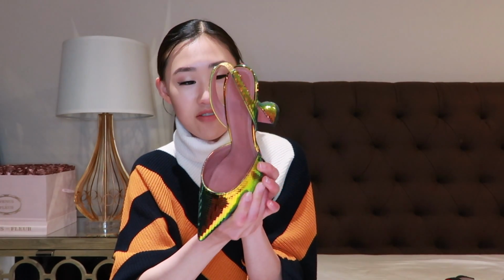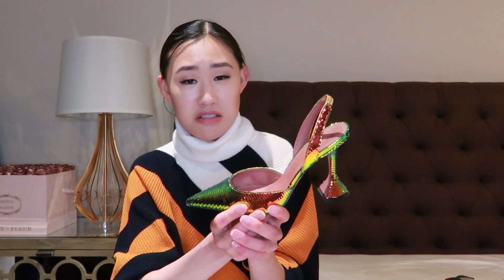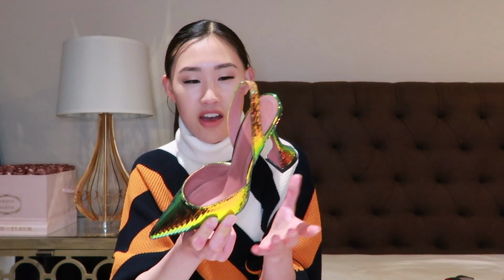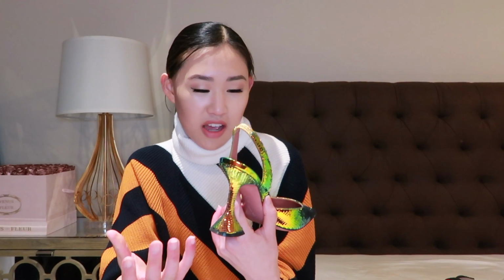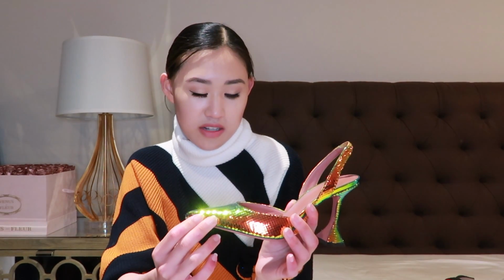It's a 38.5 and I'm a 39, but I make it work because there was no more. It was all sold out. It was either 38.5 or like 35, which is no way gonna fit. So they fit me. They're a little bit tight and they stretch a little bit, so they're more comfortable, but